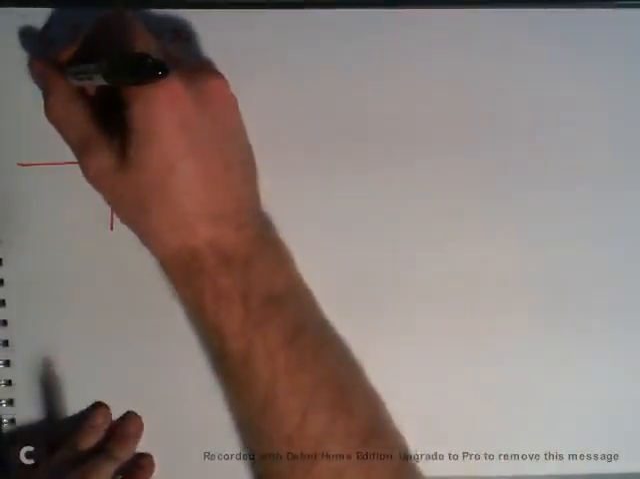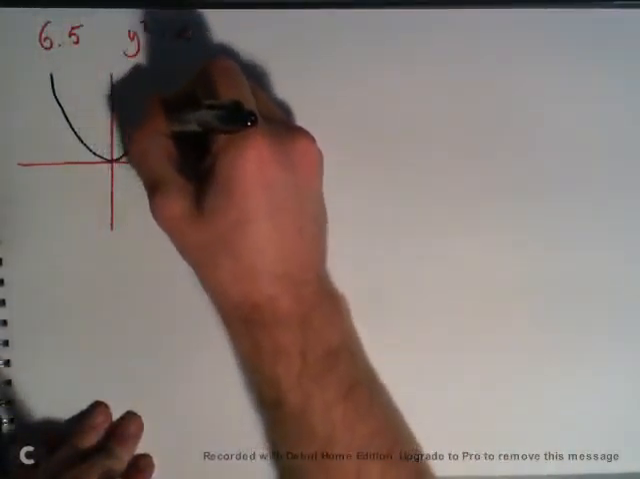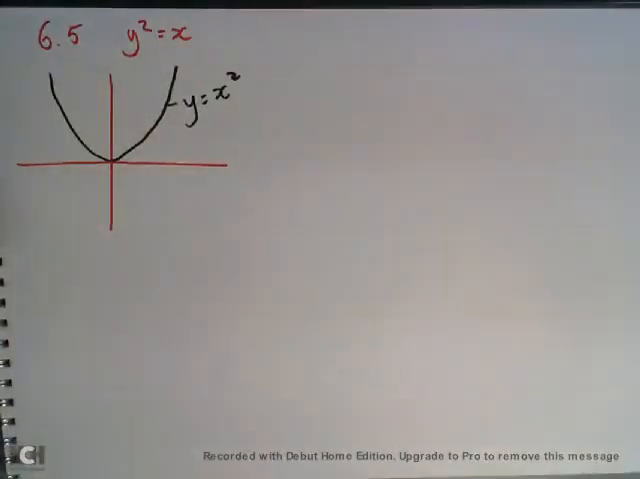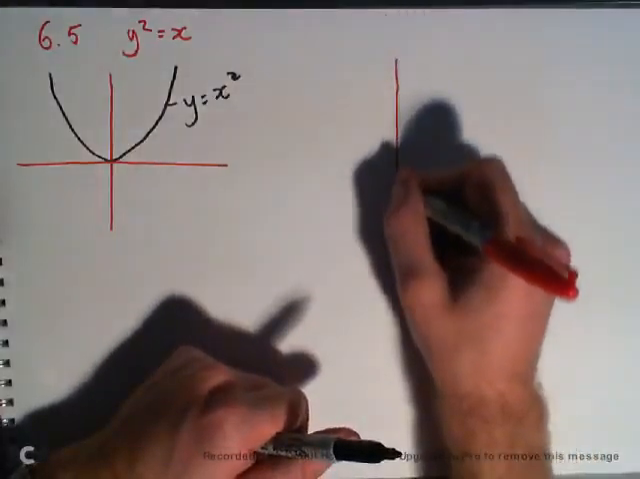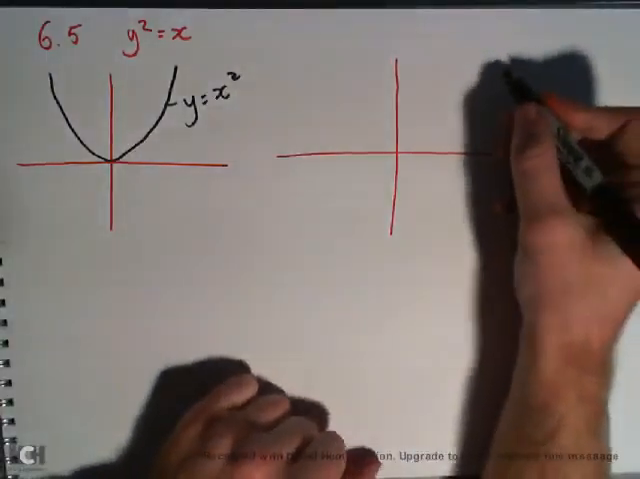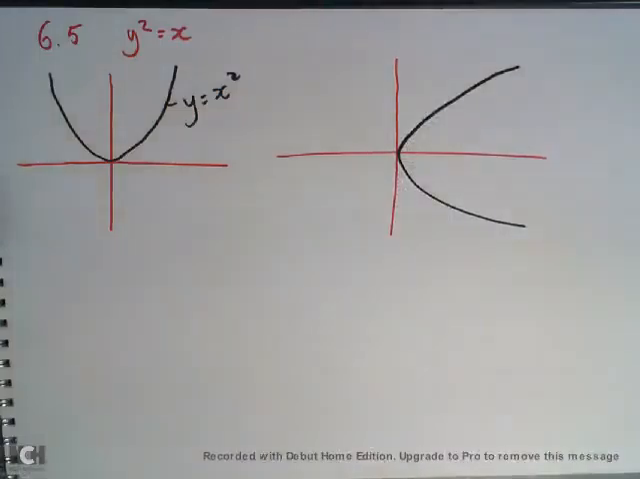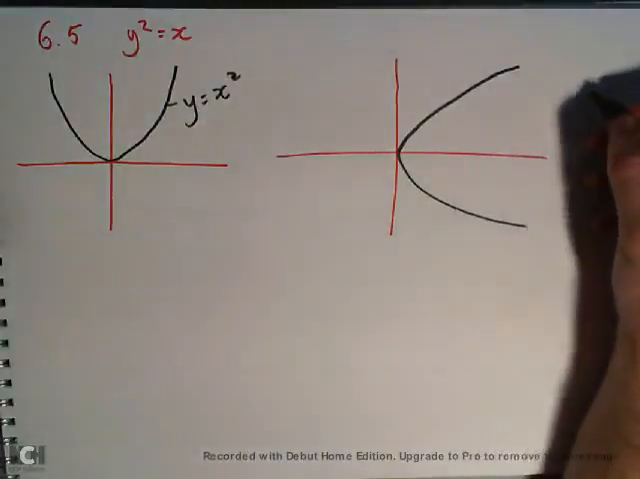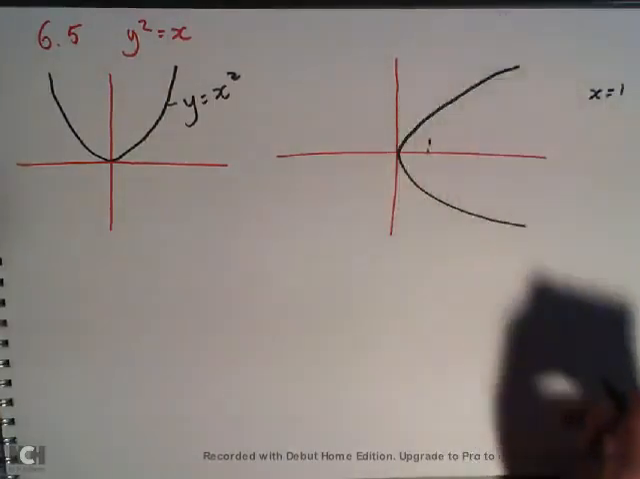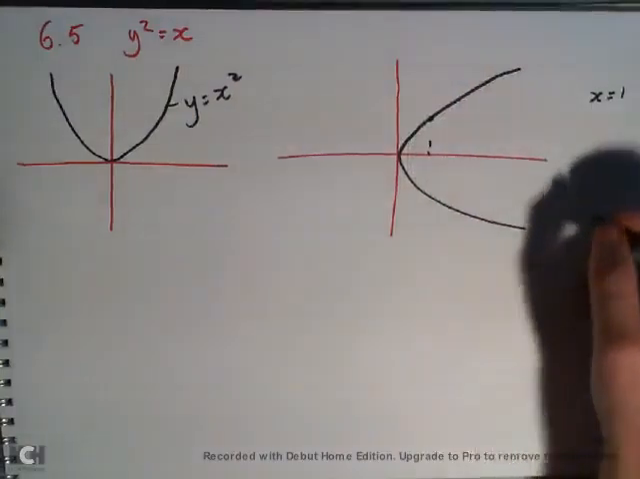Usually a quadratic for x looks like that. Y equals x squared. Now, it's basically the same thing except it's on the side. So just looking at a couple of points. What happens at x equals 1? So here's 1. Our corresponding y value,